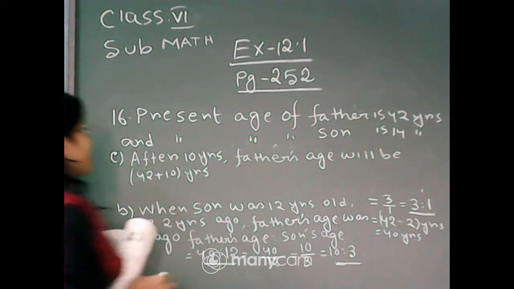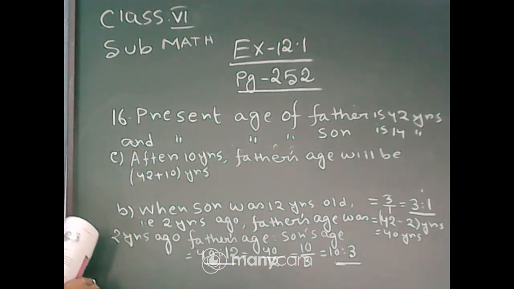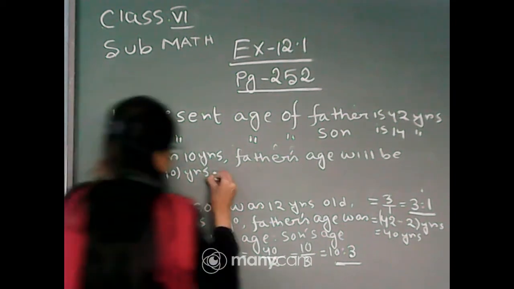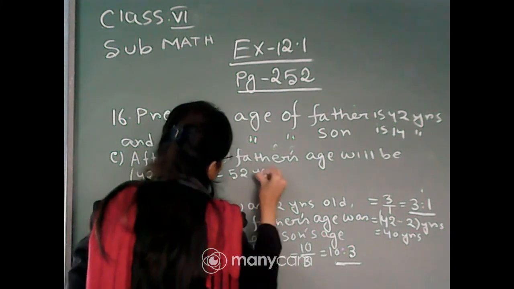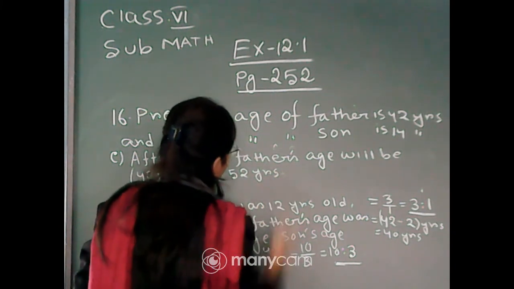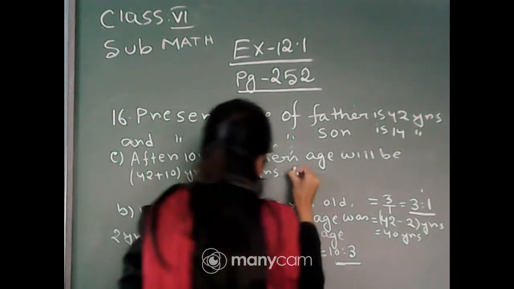So, after 10 years, father's age will be 42 plus 10 years, that is 52 years. And after 10 years,